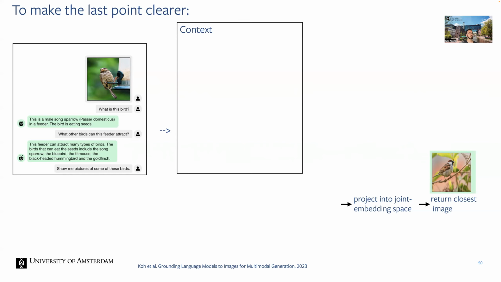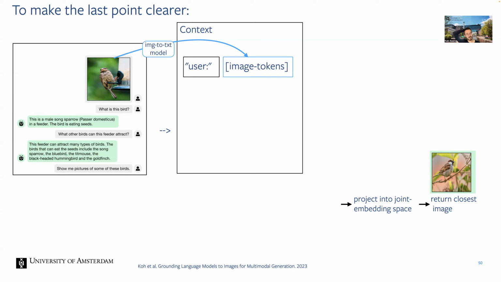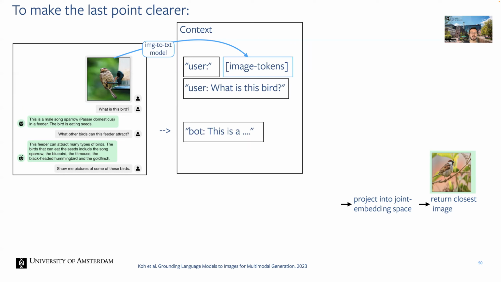First of all, we're always giving something to the language model. So what is the context? First of all, we change this image to be an image token, right? We use this joint embedding model, and now instead of having an image, we have visual language, basically. So these image tokens, and we put in front of them the word user. That's just text, right? And then we can do something like user: what is a bird? All of this is simple language, and then we encode all of this other history and so on and so forth, and we put this into the language model.